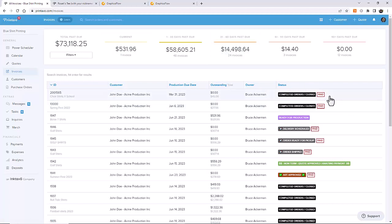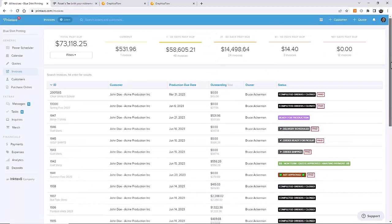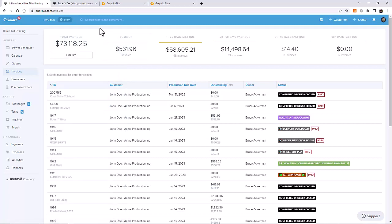All the orders are color coded by their current status. I can see a stamp here that this has been paid. I can see that this job right here has a delivery scheduled. So I have instant visibility on everything that's in my system. I also have the ability to filter that data by maybe just a singular status or a couple different statuses. Instant visibility is a huge advantage,